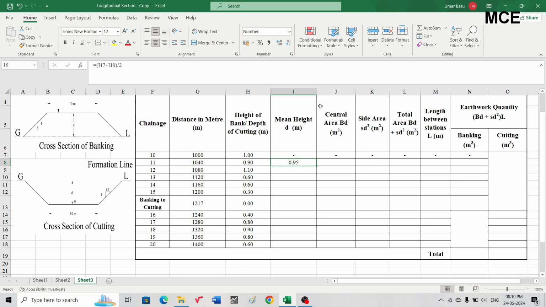To find the mean height for the rest of the chainages, simply select this and drag it till the last row, and you will get the mean height